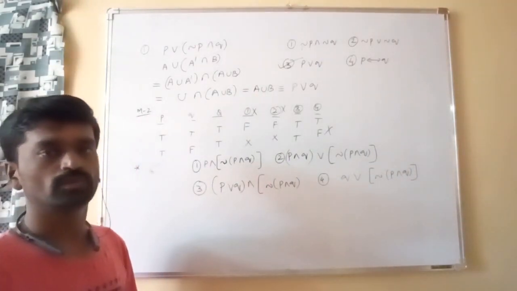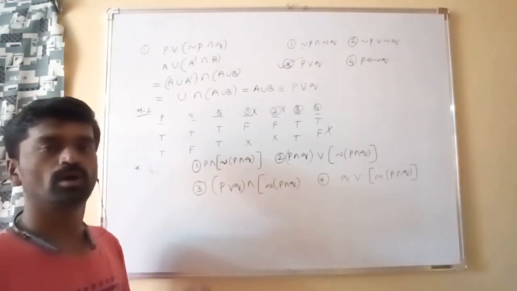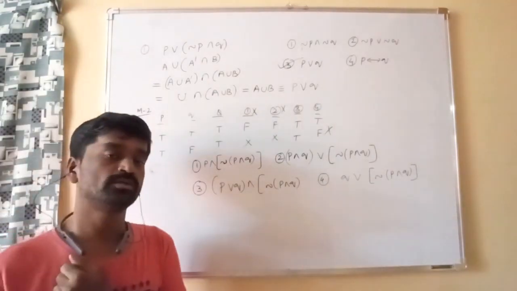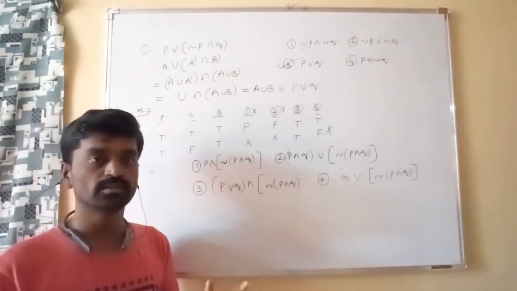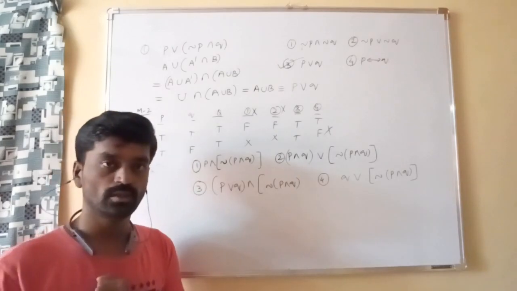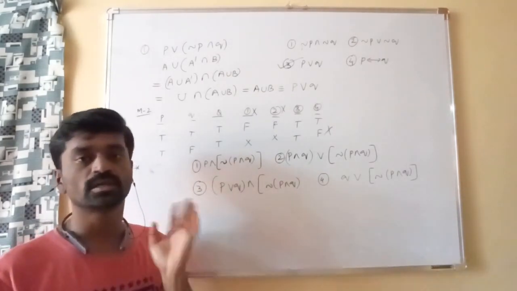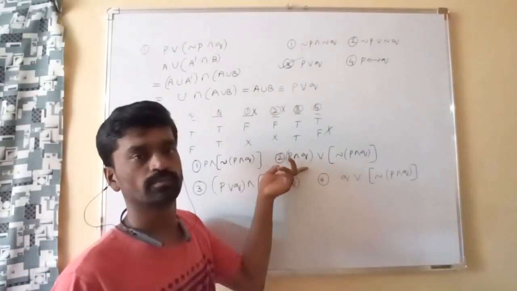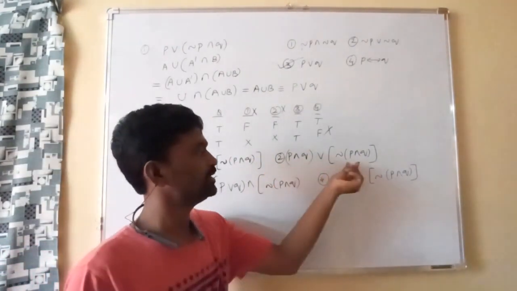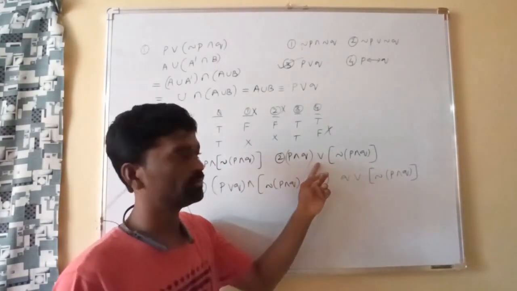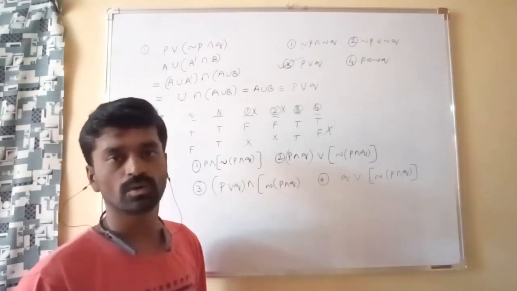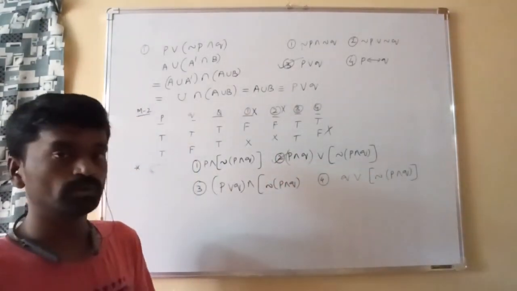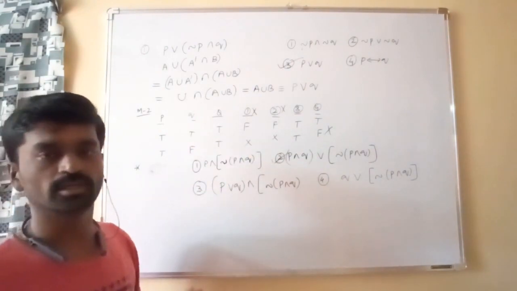Tautology means, according to the tautology definition, the compound statement must be always true. Here you can remember one basic example I discussed in the last class. If P is a statement, its negation is denoted by negation P, and P or negation P is a basic example of a tautology. So if you treat this as P, then this is in the form of negation P, and in between we have "or". So P or negation P is a tautology. So blindly we can take this option without calculating or doing the verification method above.